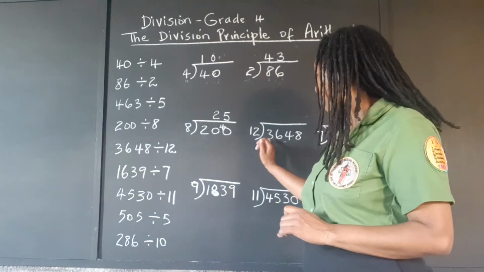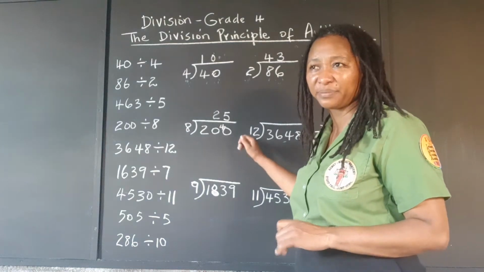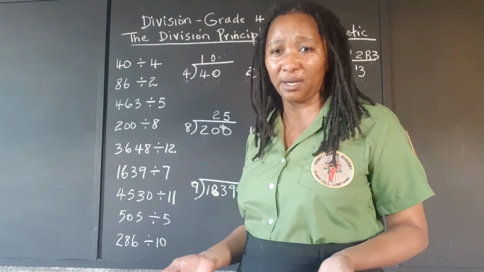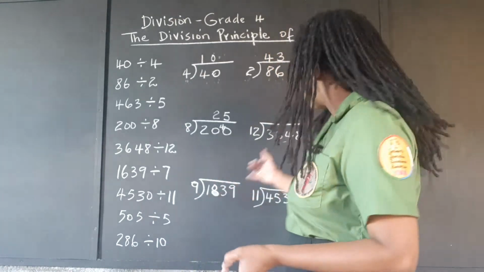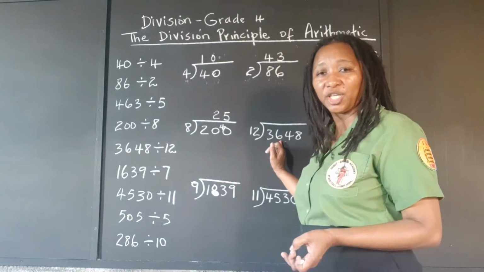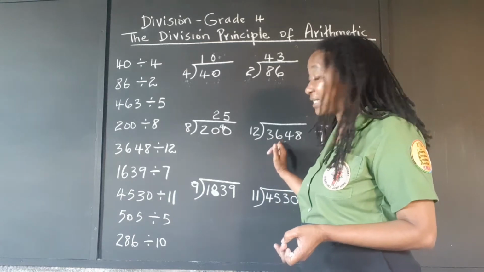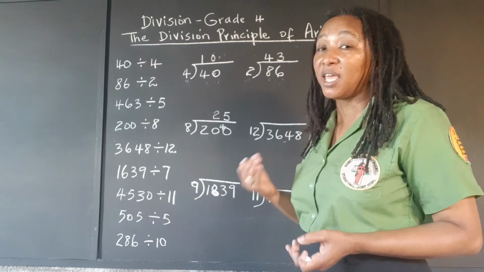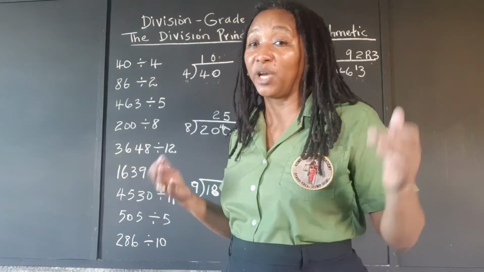So we're dividing 3 by 12. We can't take any group of 12 if we just have 3. So we're going to go to the next digit. We're going to say 36 divided by 12. If we know our 12 times table, which we should,